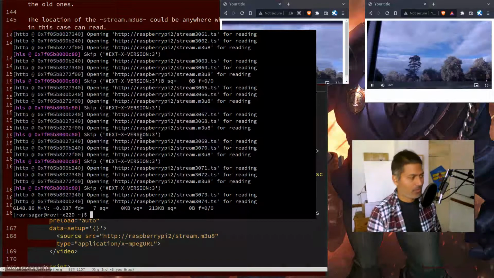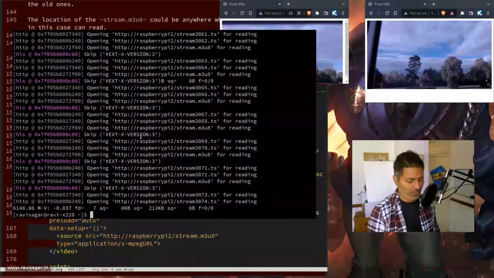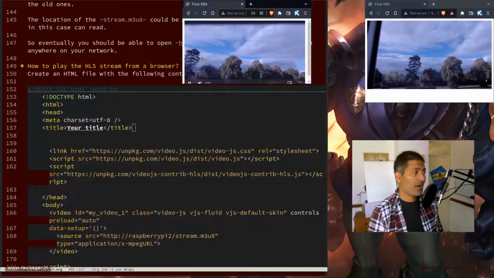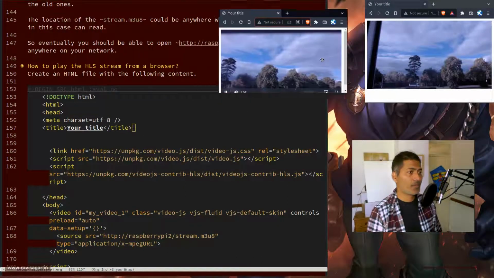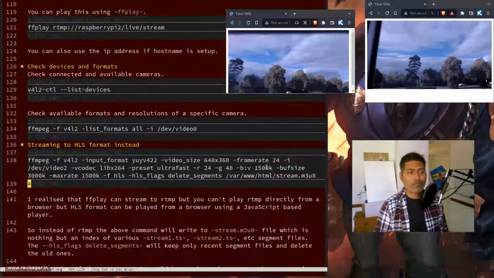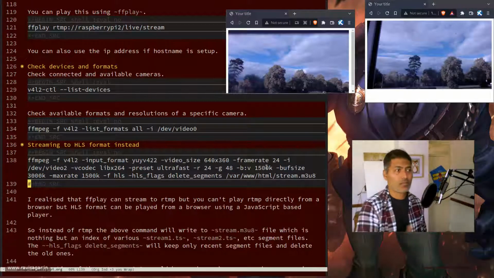So okay, let me just close it. So you can use ffplay as well, which is wonderful, right? Because it is really fast, and yeah, that is it. So far I'm quite happy with the setup. It is working perfectly, and the next step is to set up some kind of a way to access this